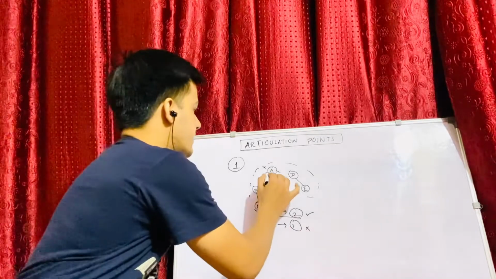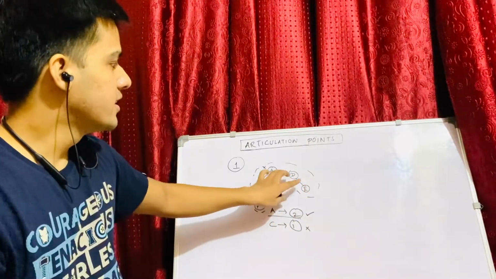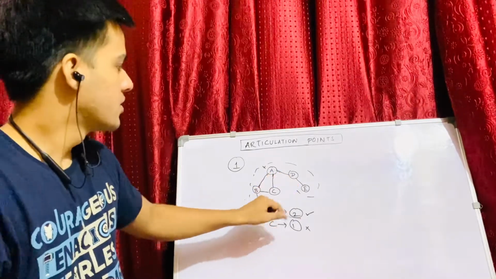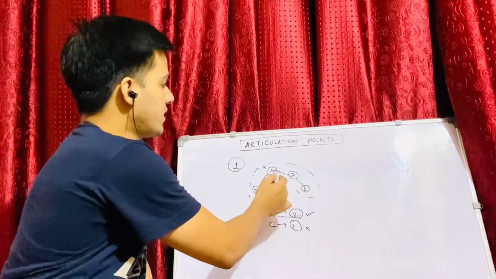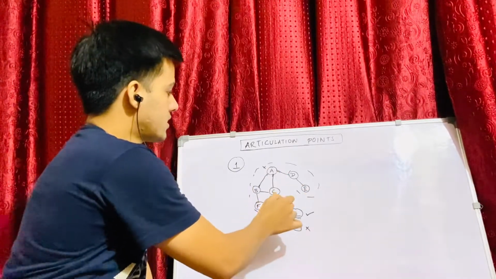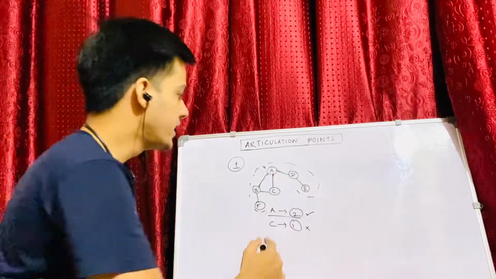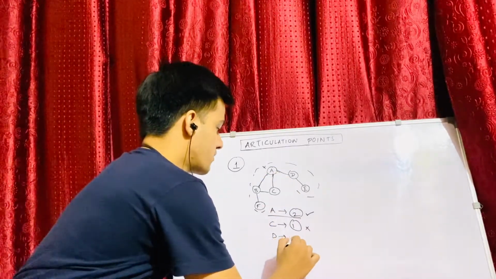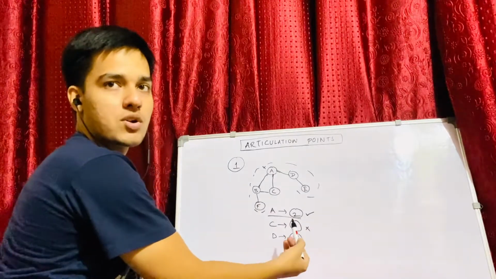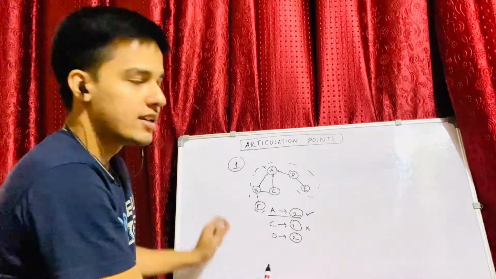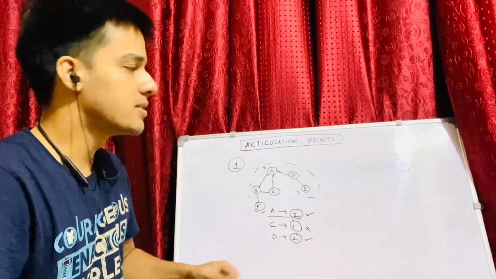Now let's try to do the same thing for the other nodes. So if we remove D, these two edges will get removed. So clearly we can see E would be one connected component and all the other nodes would be the other connected component, which means there would be two connected components if I remove D. So for D, there would be more connected components than we had earlier, similarly this is also my articulation point.